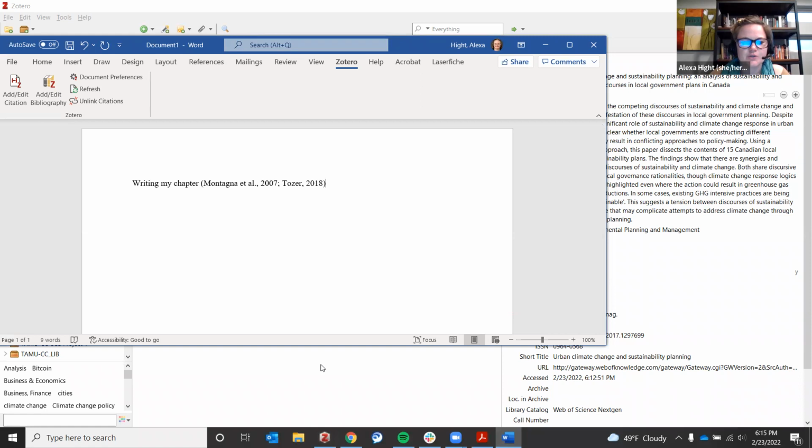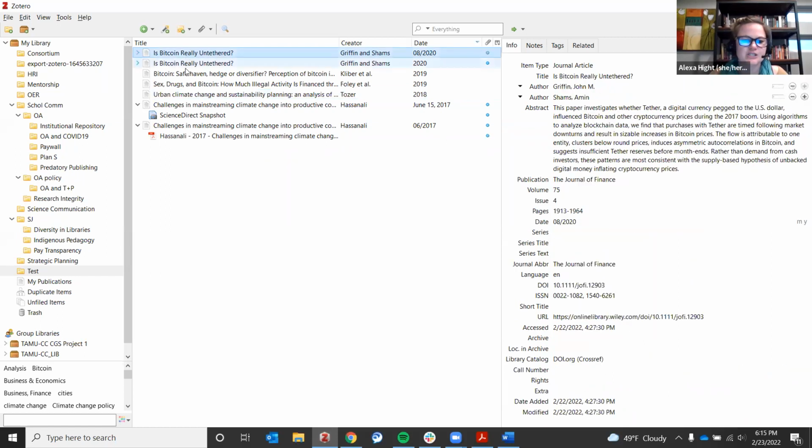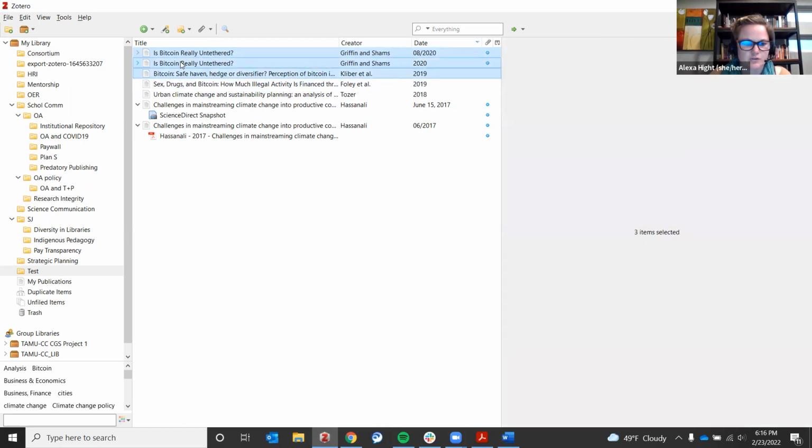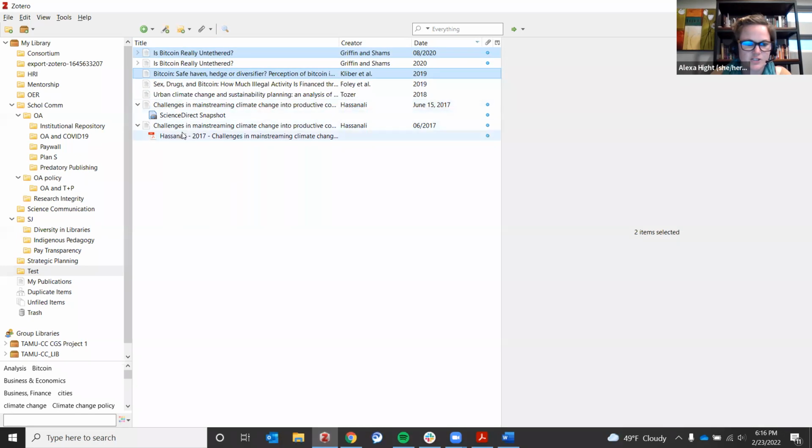At the end, when you want to write your entire citation list or your bibliography, Zotero makes it really easy rather than copying and pasting or writing it all out. What you can do is, okay, I have 2 of these, so I just need the first one. So I'm going to highlight that one, select control, and then shift. I'm going to do all of these and that one, right? So select all the ones you want.